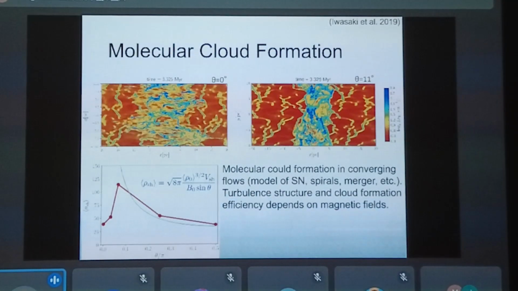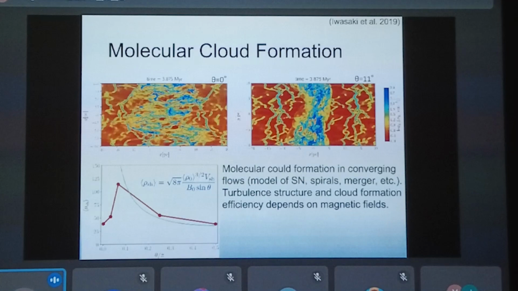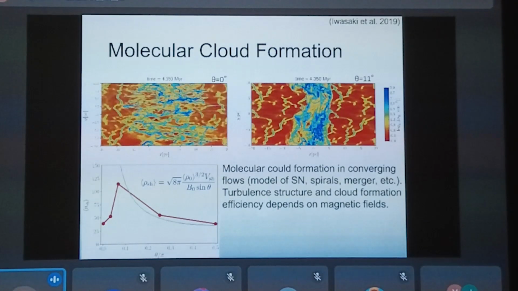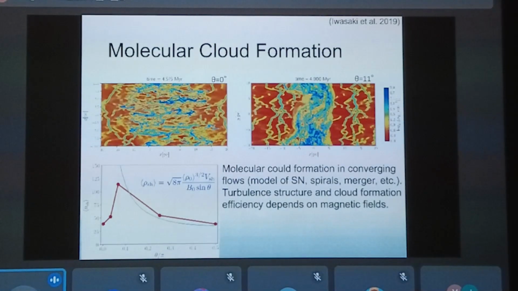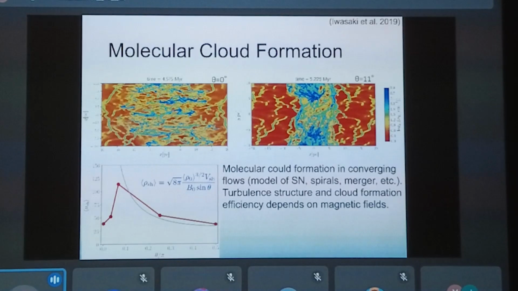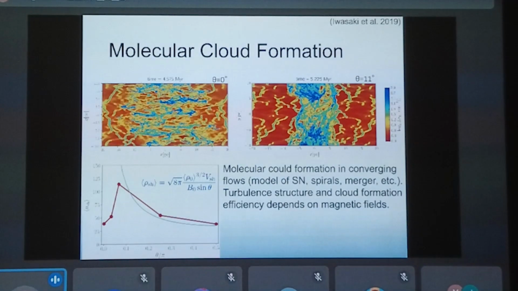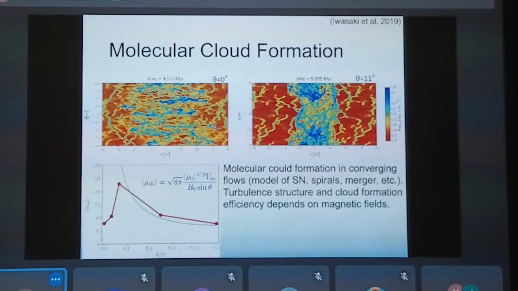It is known that molecular clouds are formed in strong compression in galaxies, like supernova shocks or galactic spiral arms. So we simulate such a strong compression using this converging flow setup. In these simulations, we compare the effect of the magnetic field.